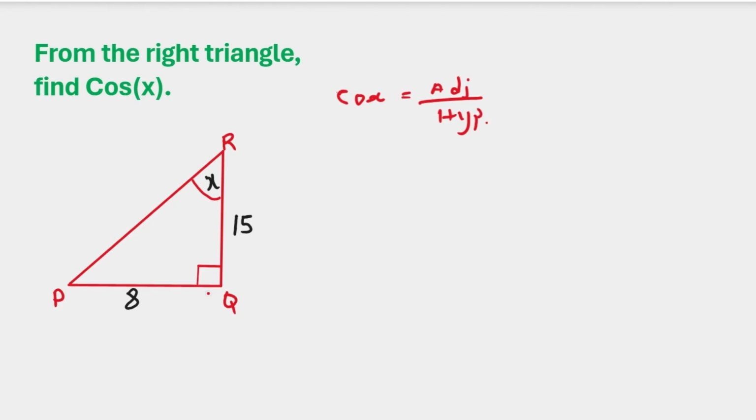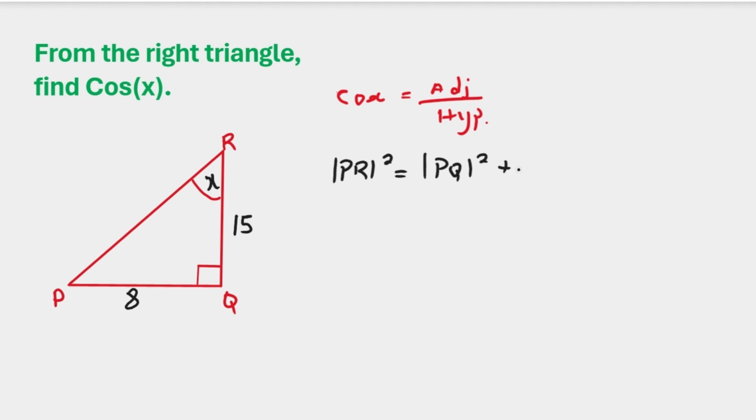But the question is, do we have PR, which is the hypotenuse? We don't have it. For the adjacent, it has been given to be 15. So we have to work out PR in this case. Let's work it out right now. The method that we're going to use here is the Pythagoras theorem. We're going to use it to find PR. So the square of the hypotenuse, that is PR squared, is equal to the sum of the squares of the two other sides. So you have PQ squared